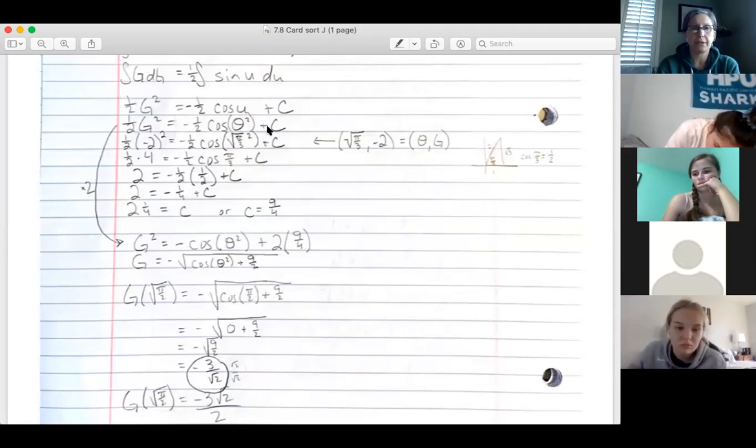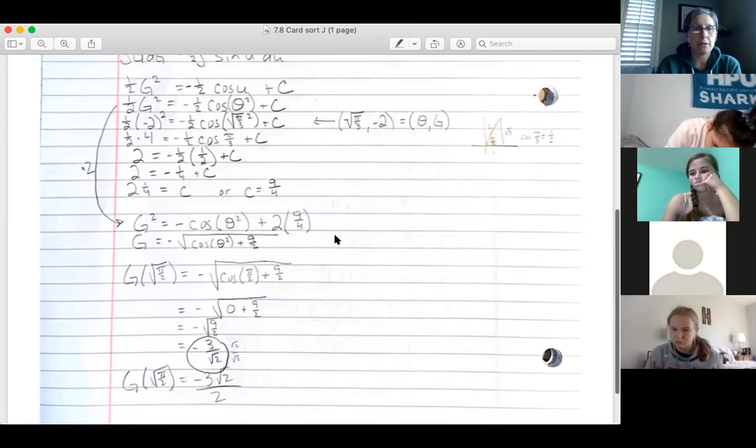Other ways you could have done that, I saw one person that already turned theirs in. They distributed a 2 before they solved for C. And so then they ended up finding a different C than I found. But everything works out the same by doing it that way. Anyway,